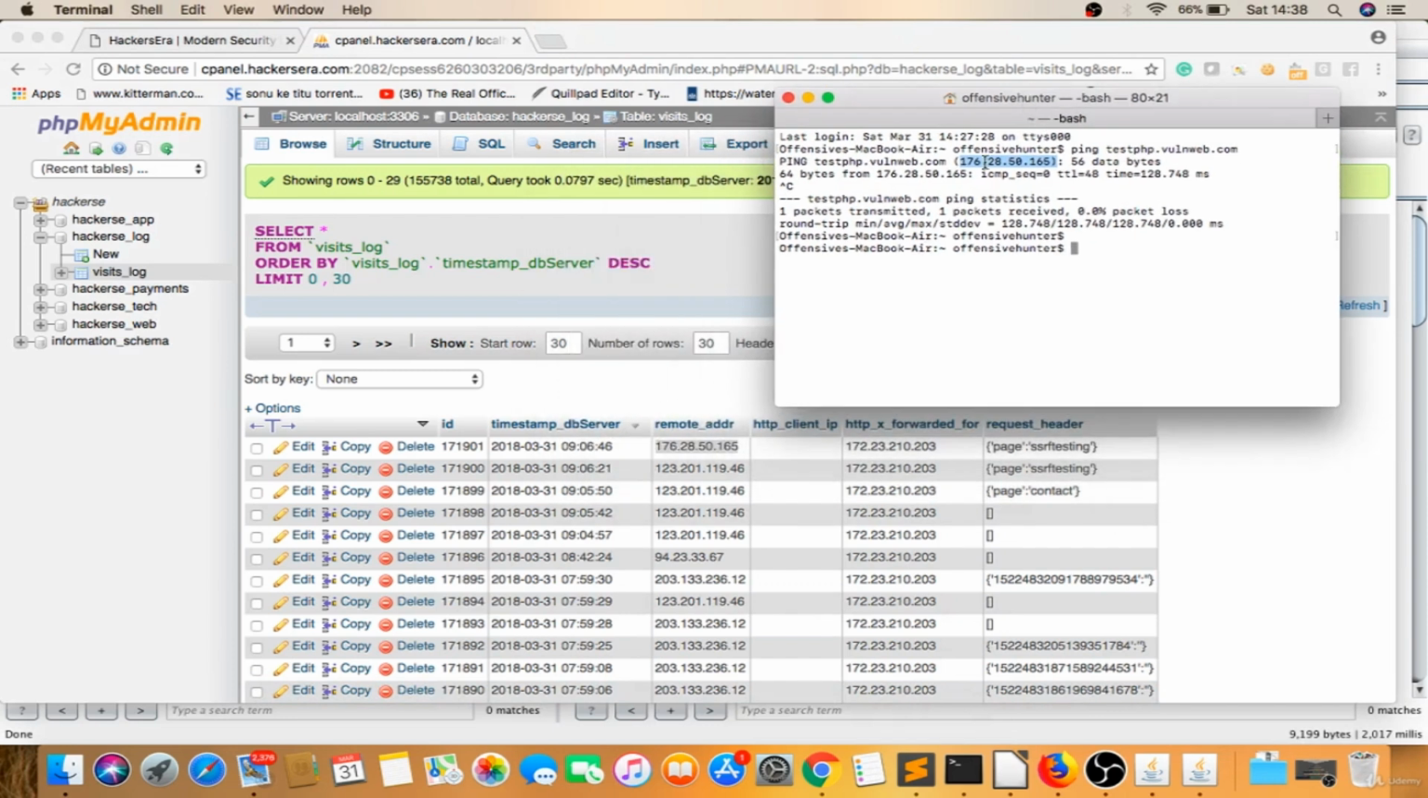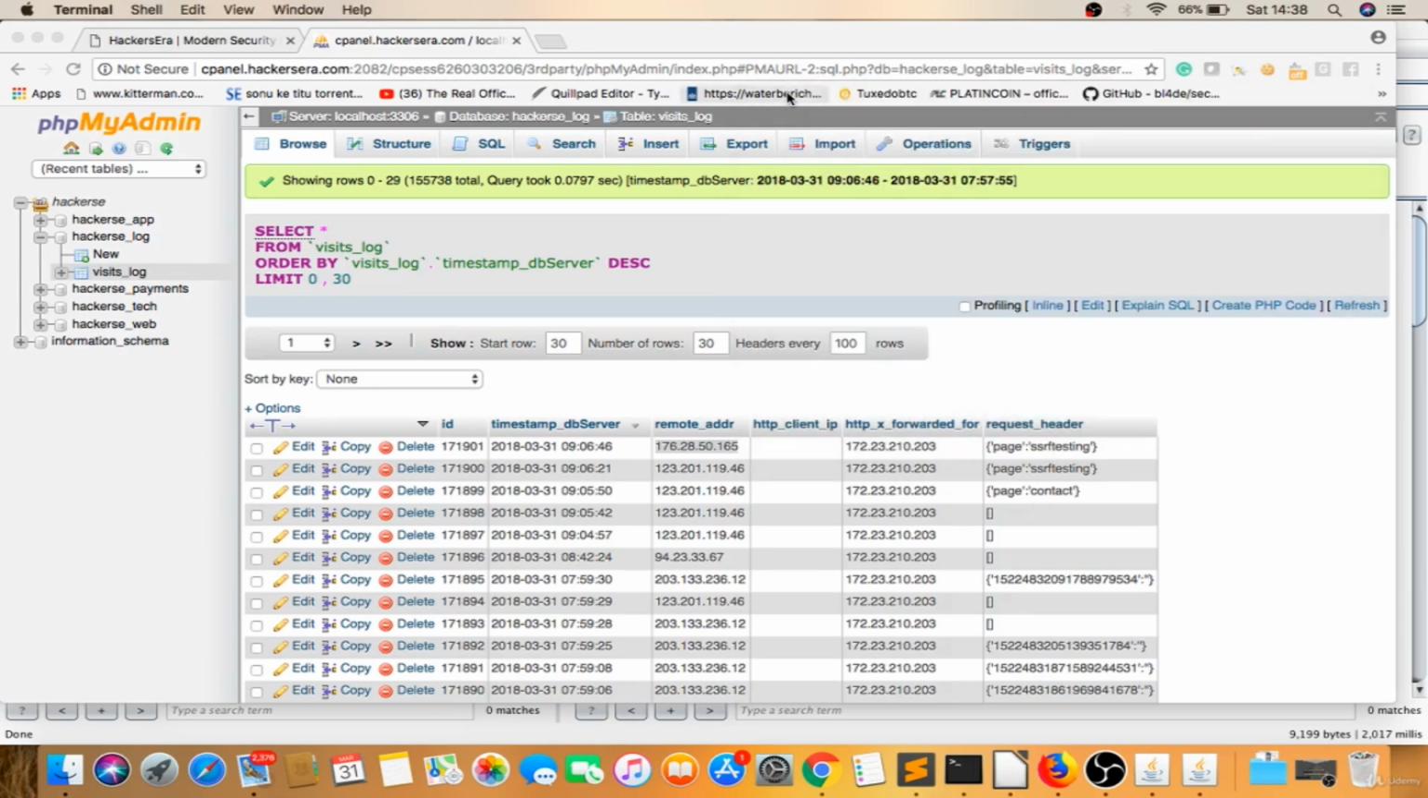So this IP address is making a request to my website. That means I got to know that the server is making a request to a third party. That means there is an SSRF, server side request forgery. I think you understood the logic behind this SSRF. Now